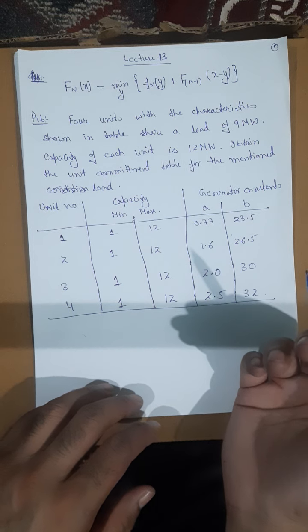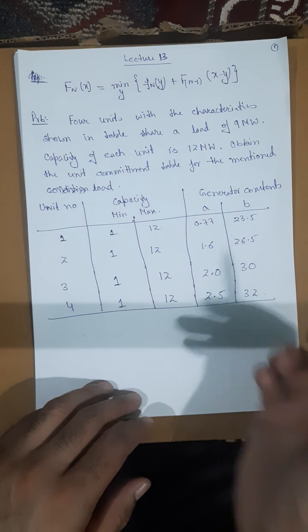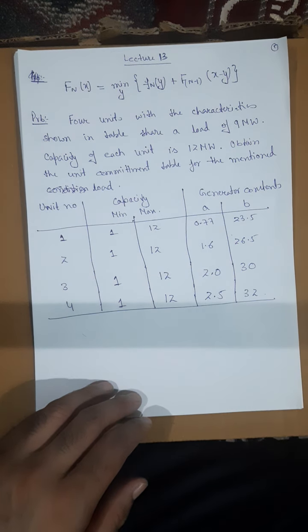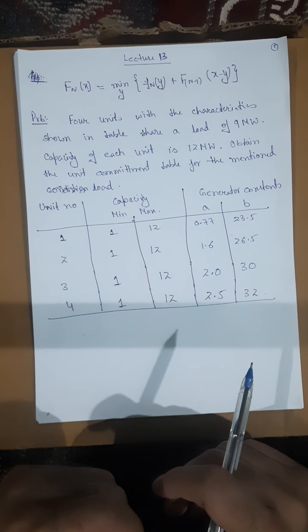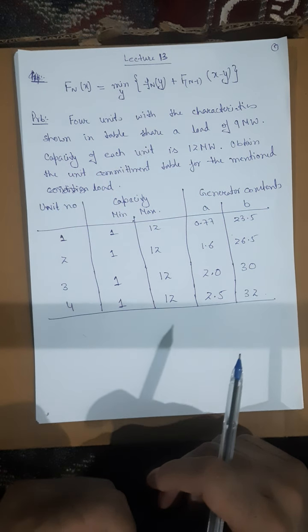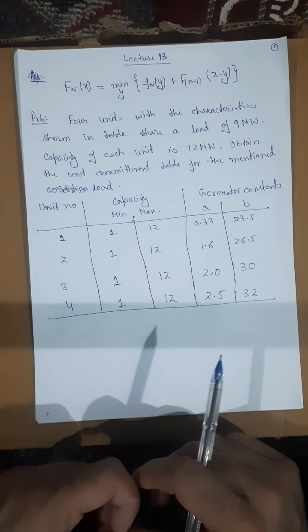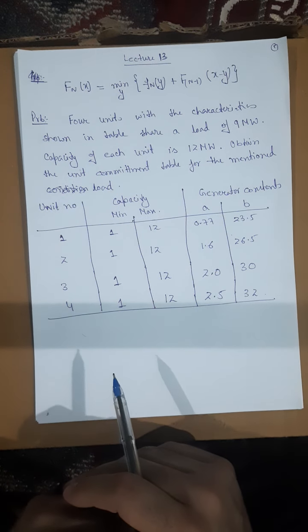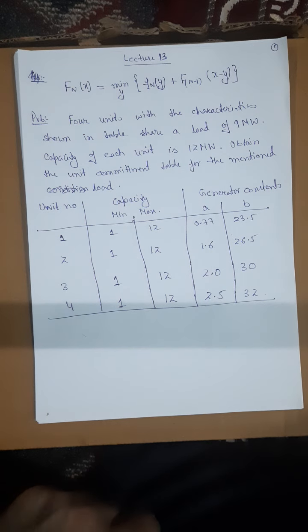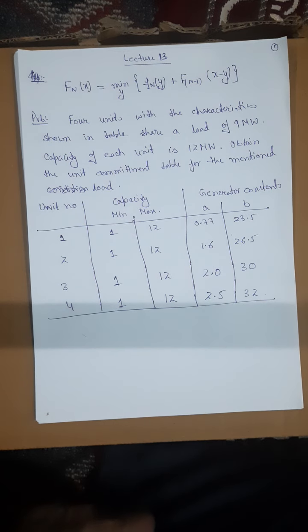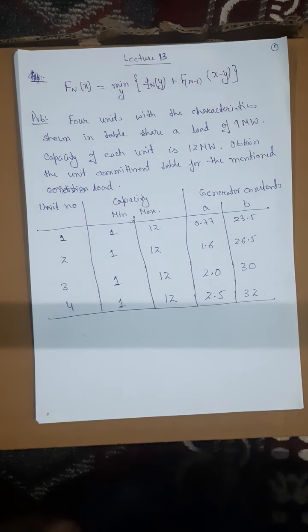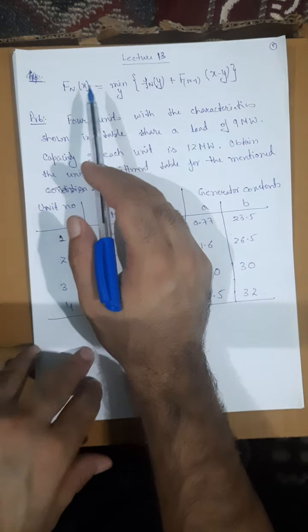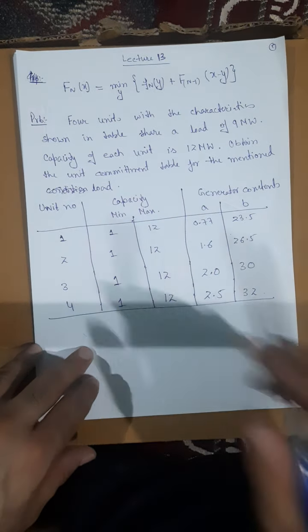programming. I told you it is a recursive procedure, a recursive relation where the principle of optimality is to be applied. Dynamic programming is applied when we have to take multi-stage decisions, where multi-stage decision means the decision cannot be taken in one go. So today I told you the form of this recursive relation. What is the recursive relation?